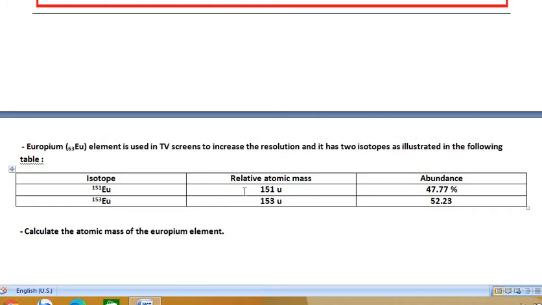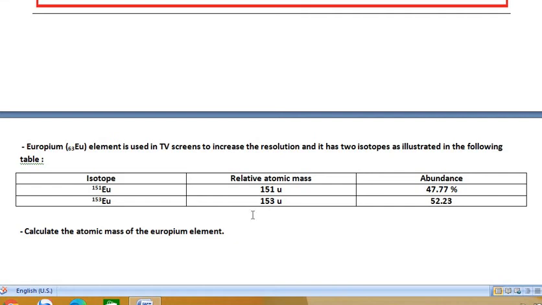The relative atomic mass of the first isotope is 151 u, atomic mass unit, and the relative mass of the second isotope is 153 u, atomic mass unit. The abundance of the first isotope is 47.77%, while the abundance of the second isotope is 52.23. It is required now to calculate the atomic mass